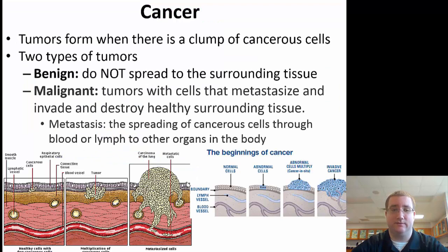And there are two types of tumors that you might have heard about in your life. You have benign tumors, which do not spread to surrounding tissue. And then you have malignant tumors, which are the ones that have the ability to spread and metastasize. Metastasize means that it can spread throughout your body. So for benign tumors, sometimes they do surgery, sometimes they don't. It's the malignant tumors that they almost always have to try to fight, because these are the ones that can spread throughout your body and cause damage throughout your entire body. And that spreading process is called metastasis, or when a cell metastasizes.